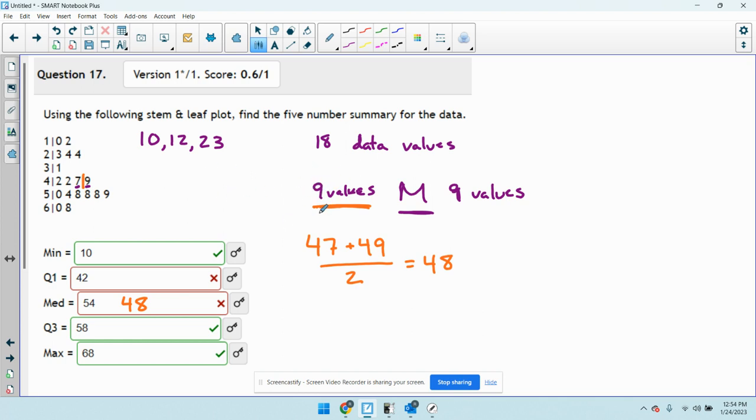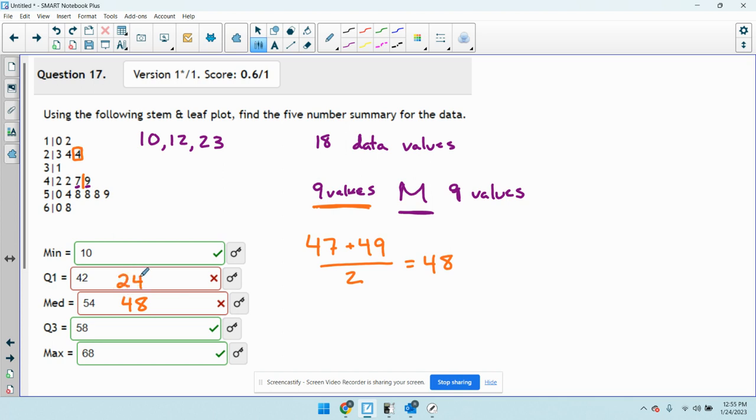So it's going to be the 5th value in the first half of the data. So I'm going to go 1, 2, 3, 4, 5. So your medians can either be between two values or an actual value itself. So notice I have 1, 2, 3, 4 things in front of this box and 1, 2, 3, 4 things behind this box. So my Q1 is going to be